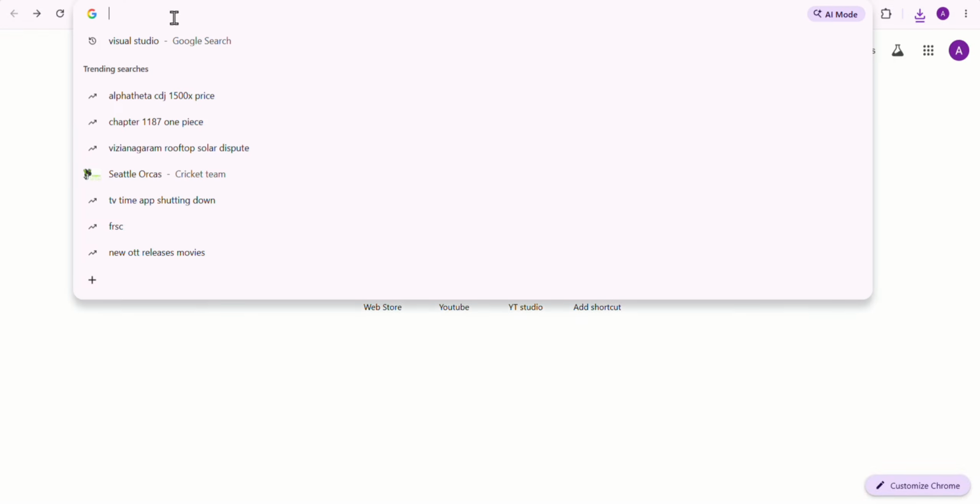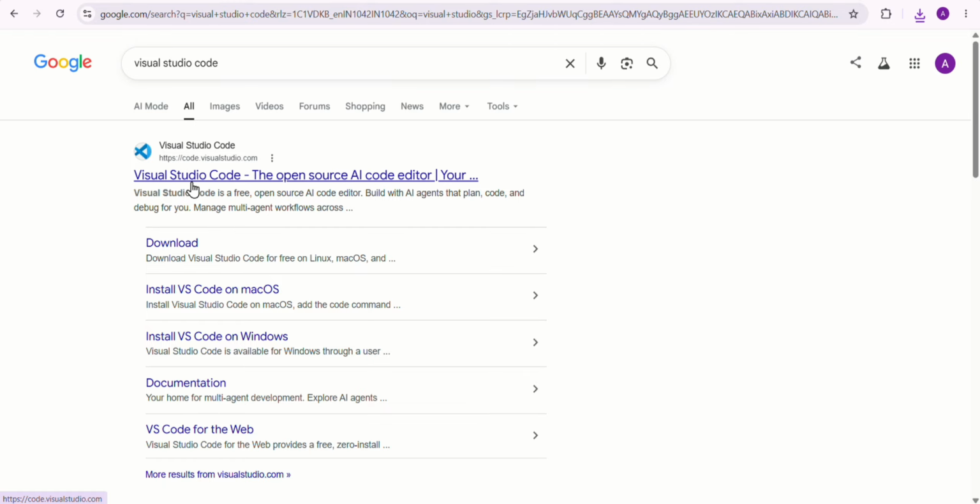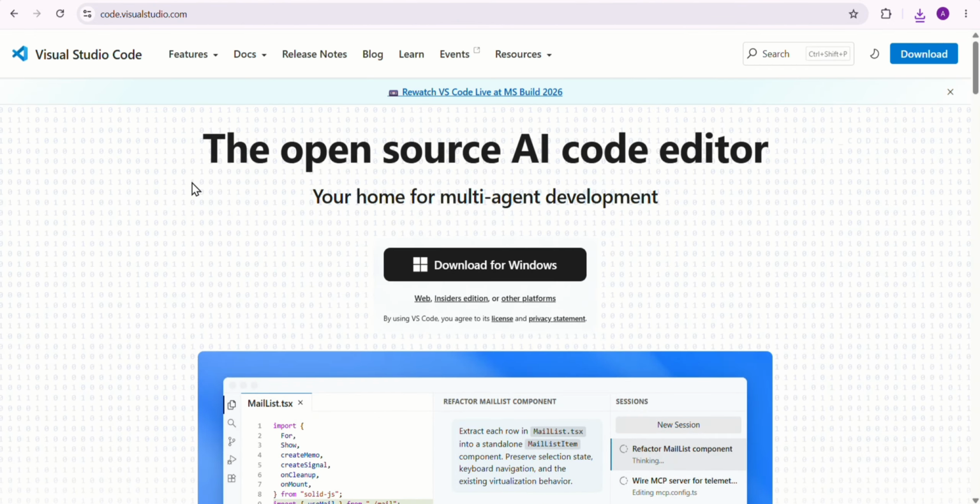So first, open any browser and type in Visual Studio Code or Visual Studio download and search for it, and you will find the first link. Open that link, and after opening the link you will see the download for Windows button, and for the Mac